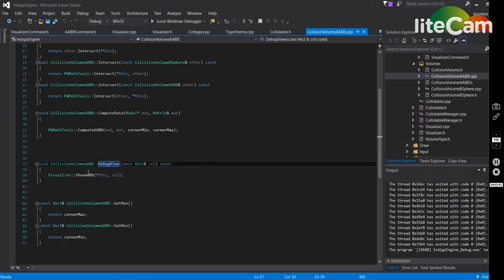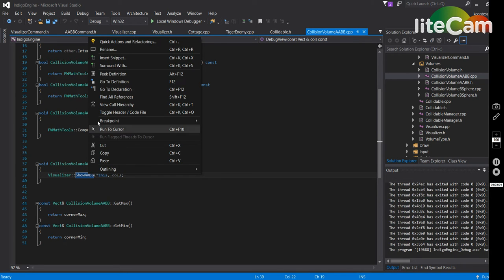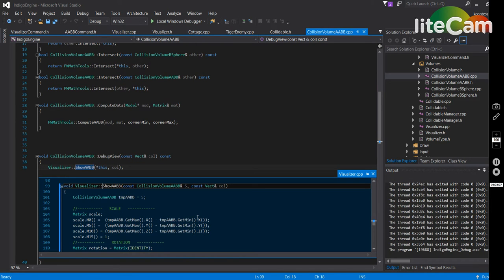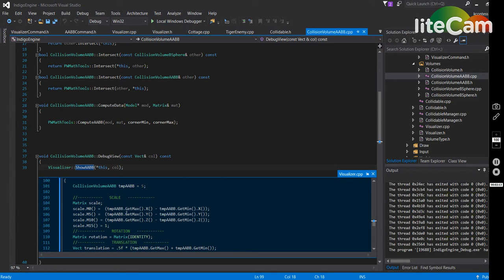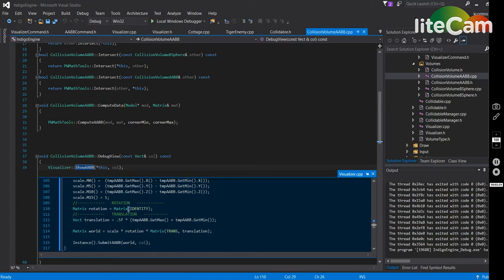This debug view is for the show AABB, which I'll go to. Show AABB takes in the collision volume. It then determines the scale by doing the max minus the min. It does the rotation, which is just identity, because we don't really need rotation for that. And then translation is half times the max plus the min. So pretty simple. And then I apply it and submit it to the AABB